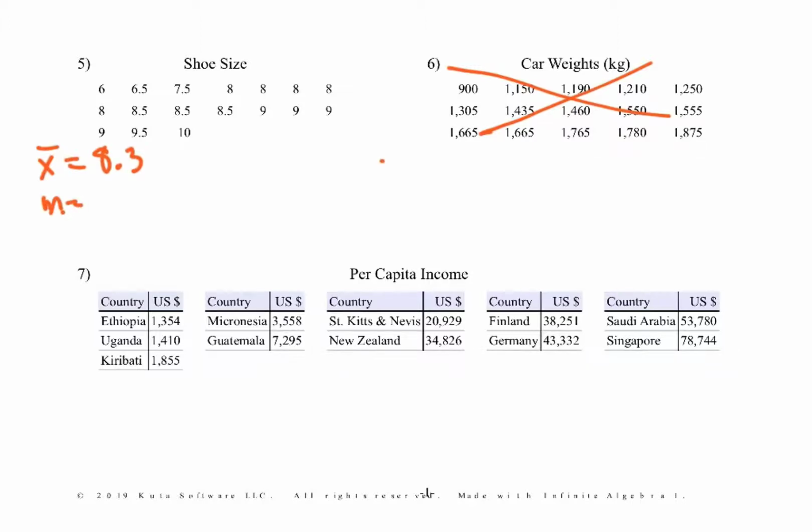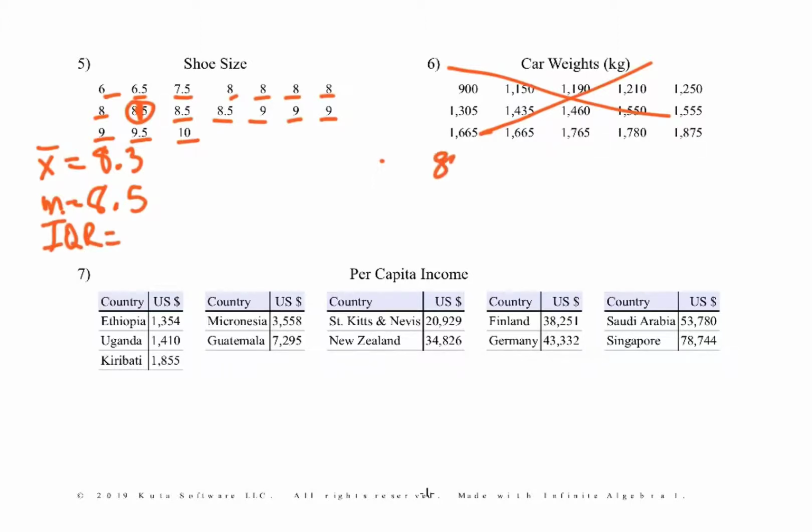Then our median, okay, 3 higher, 3 lower, 3 lower, 3 higher, 1 lower, 1 higher, 1 and 1, so we get a median of 8.5, which is pretty close to our mean, isn't it, in this case? Then, to find the interquartile range,